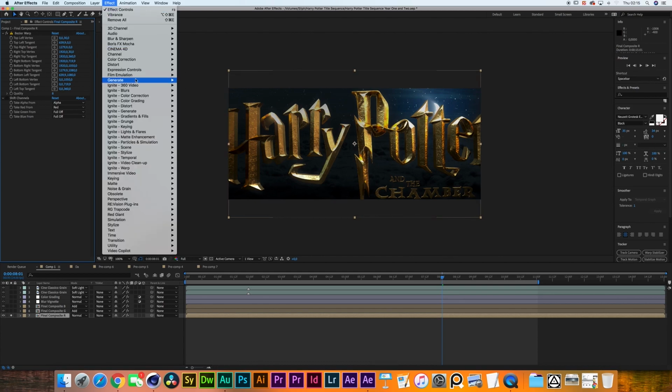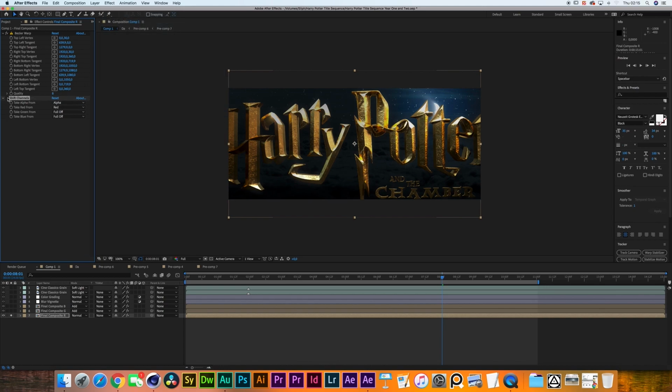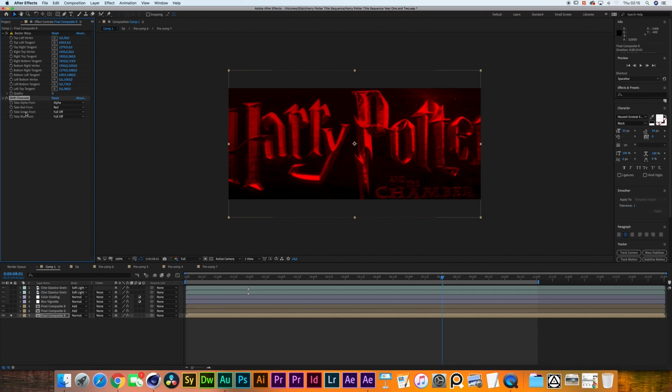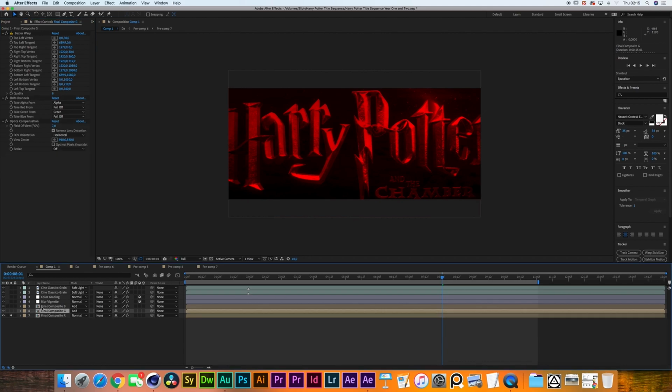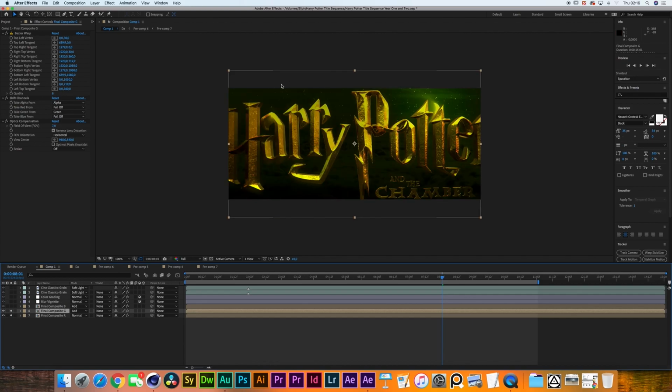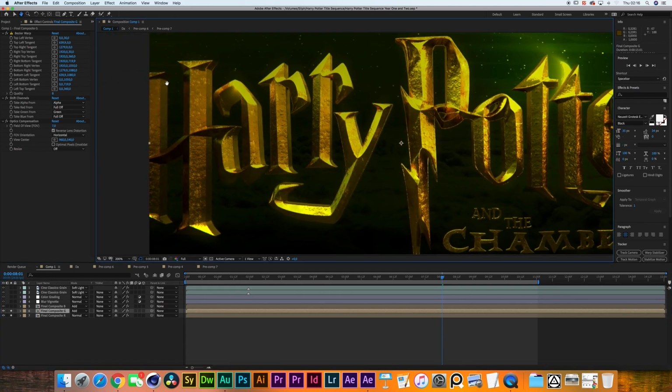Then the next thing I did is I went to Effect, Channel, Shift Channels, and I turned off Take Green From, and I turned off Take Blue From, and left Take Red to Red. What we can do then is duplicate that layer, change red to off and turn green to green, and then add an optics compensation effect with a reversed lens distortion of 7. And once you put that layer on add, you're now adding the red values to the green values. Except in the corners, we are, thanks to the optics compensation, not completely aligned,